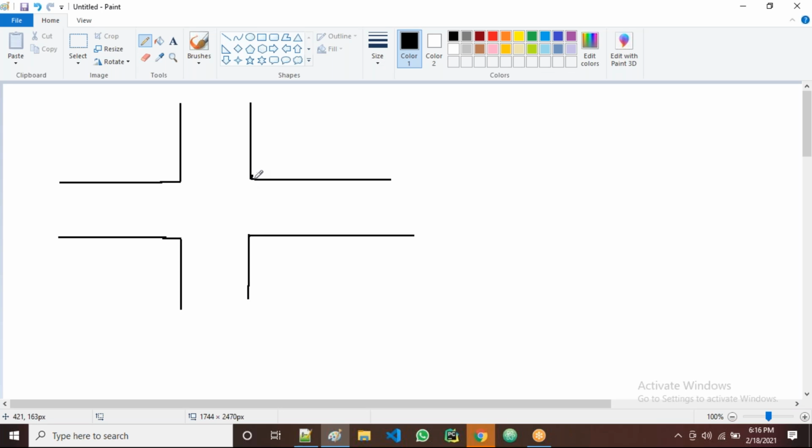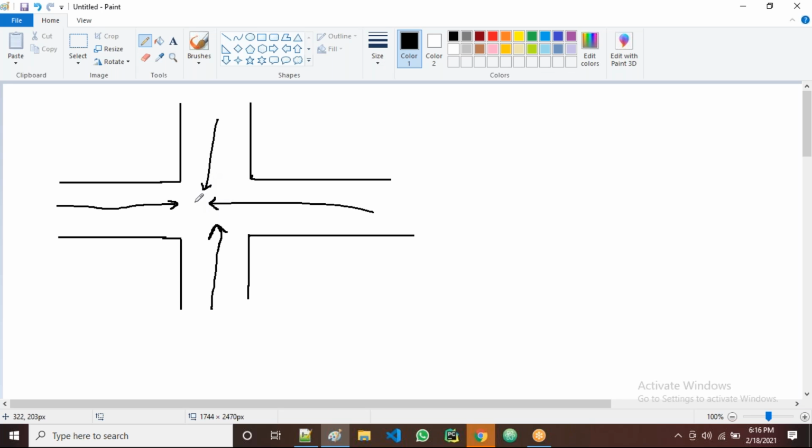Here it's a junction where we can get vehicles from four sides. We get the vehicles from four sides, guys. So when the vehicles come in all the ways, if you don't control these vehicles,